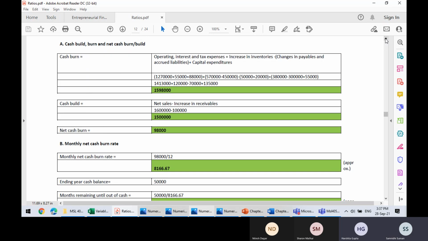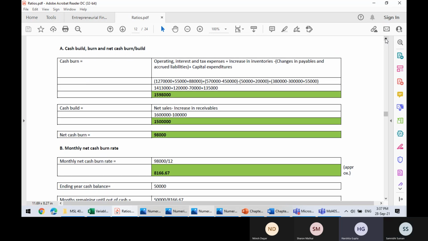Yeah, thank you. Okay, so the formula for cash burn is that we'll have to add all the operating expenses, interest expenses, and tax expenses. In that, we will add the increase in inventories. And from that, we will decrease the changes in payables and accrued liabilities, which are your current liabilities, plus your capital expenditure. Capital expenditure is something like the purchase of long-term assets. So if we come back to the information which is given to us in the question,